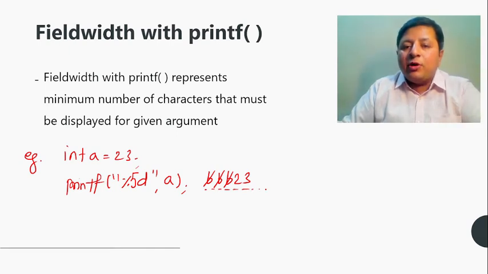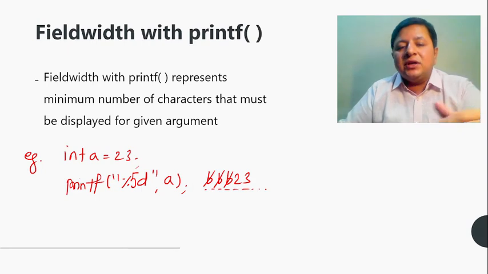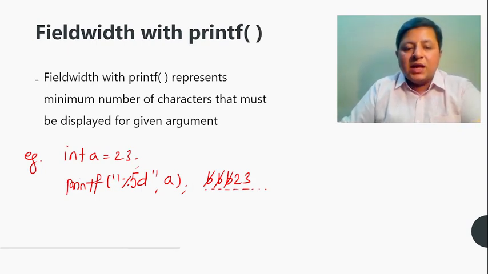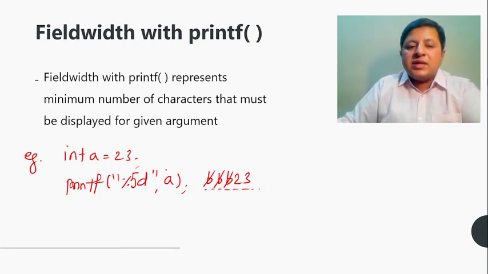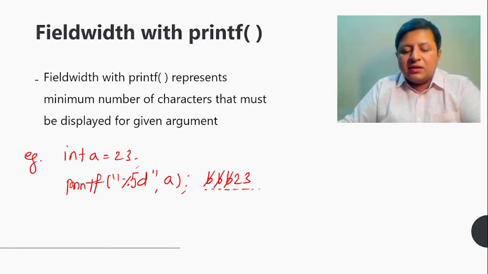2 from the output and 3 padding characters. See, by default, the padding characters are always displayed before. As we'll go ahead in the further videos, you'll see there's a concept of flags which can also be used to shift those padding characters after the output if required. Okay, now let us see how exactly we can have it for some other examples.